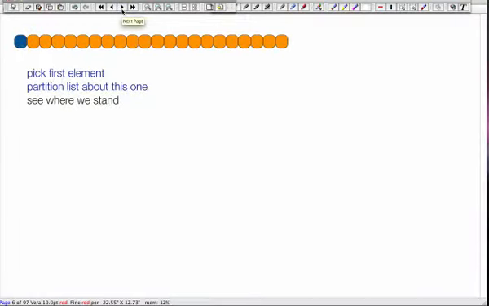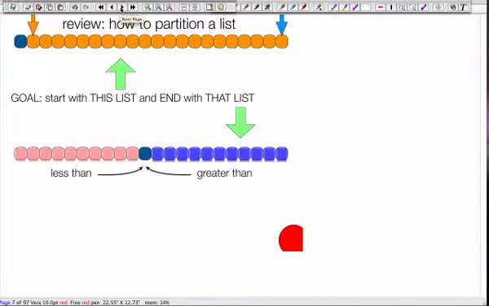First, we covered the idea of partitioning an array. So we're just going to pick some random element of this array and then organize the array so that every element of the array that's larger is going to be on the right and every element that's smaller is going to be on the left. Not in sorted order, just on the left. And we